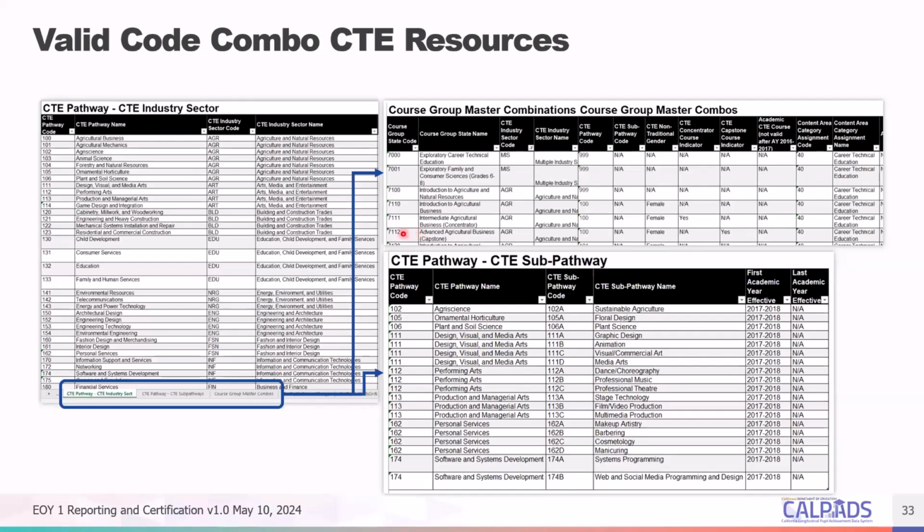CTE Pathway 100. So you can see how this document is used to map courses to pathways and is pretty efficient and effective at doing so. So if you're reporting a student who's completing a pathway, they must complete the capstone course this academic year. So if you're reporting a student who has completed pathway 100, they must complete the course with the course code 7112 this academic year. They must complete the capstone course, and this must be reflected in their student course section completion